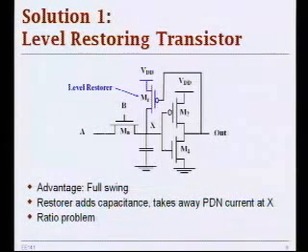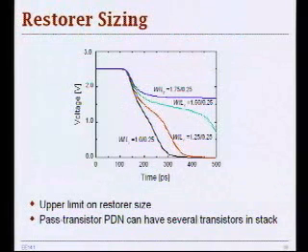How do you ratio the MA and MR such that you can actually pull Vx down to below the threshold voltage, the switching threshold of your inverter? And if you see here, this illustrates the voltage at Vx, with respect to different sizes of the